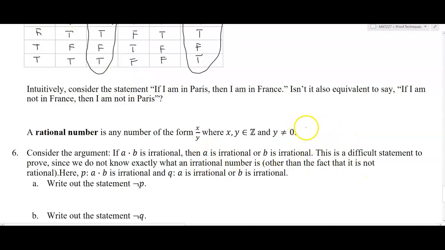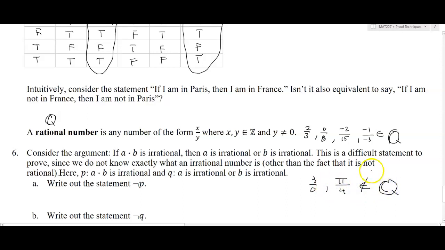So for instance, 2/3, 0/8, -2/15, -1/3. These are all rational numbers, which we typically use the letter Q to denote. For quotient, I think is probably the naming convention. And so these are elements of Q. But for example, 3 divided by 0, pi over 4, these are not rational numbers.